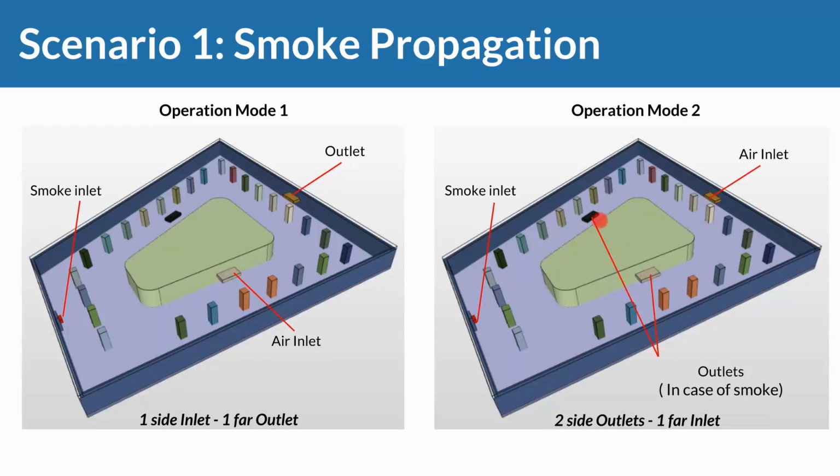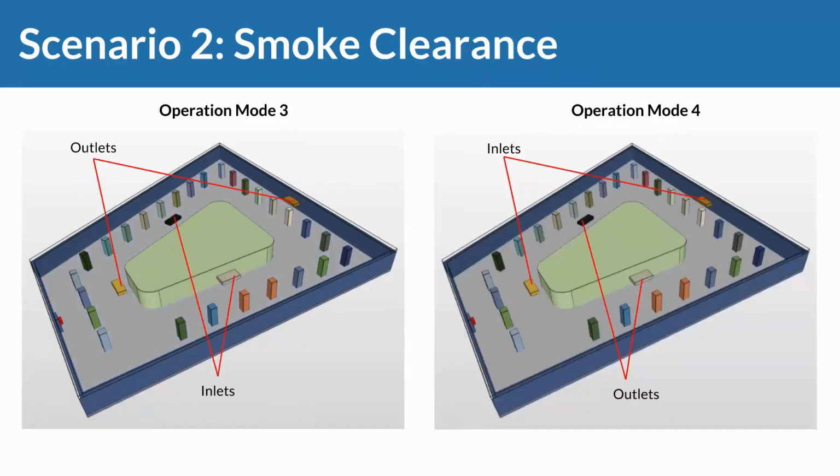Operation mode 2 is that these two here are outlets, where air and obviously also smoke can leave the parking lot, and the air inlet, so fresh air, is brought in from the far right here. For the smoke clearance, where we extract smoke from the parking lot, we again compare different HVAC operation modes. The first operation mode is that these are inlets, so we bring in fresh air here, and the outlets are here, and then swapped the other way around. So we're not necessarily looking in this scenario at duct placement or inlet and outlet placement, but just at HVAC system